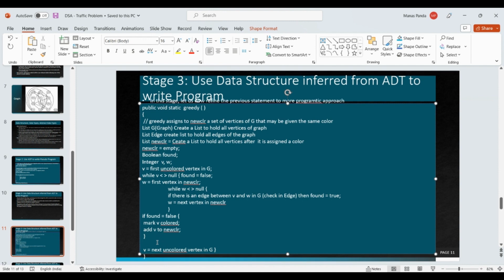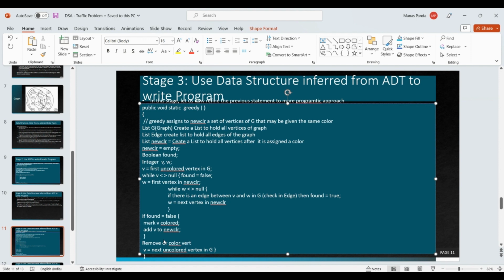But at the end, what we have to do: you'll go one by one, all those vertices which will not have any edge with the W, I mean with any of the color, those vertices which are there in the new color. It will check in the first round and mark it as blue. Now there are vertices which are marked as blue and they are moved to new color. What you have to do here, either remove or color